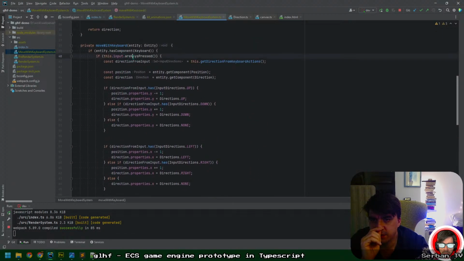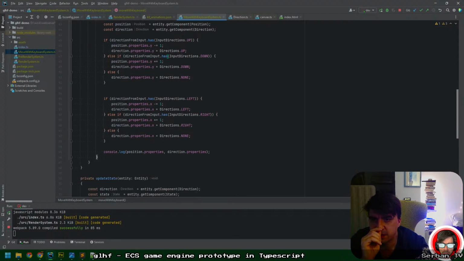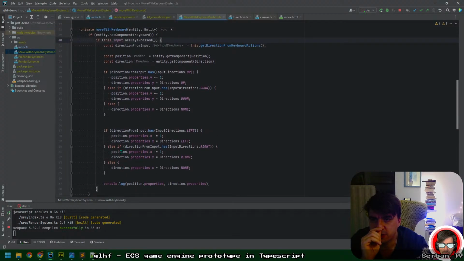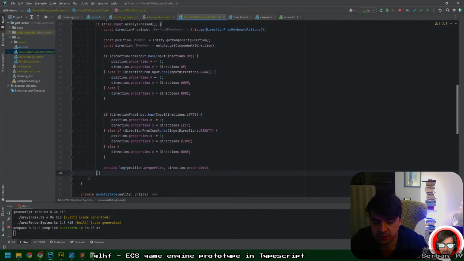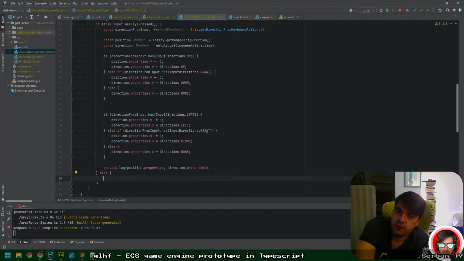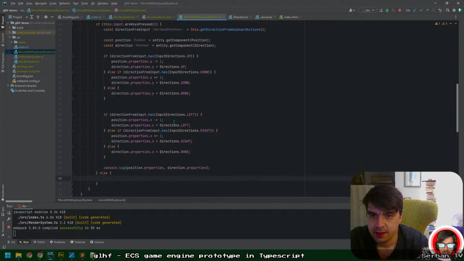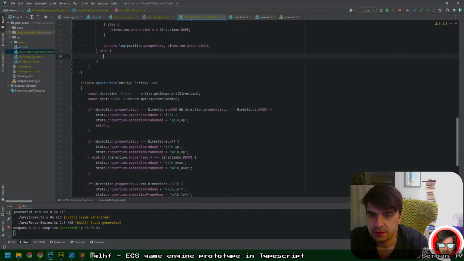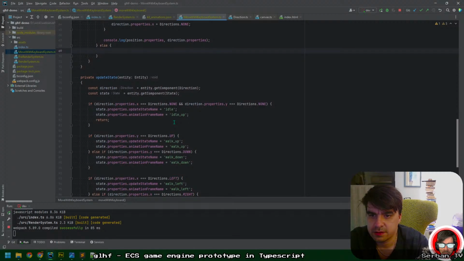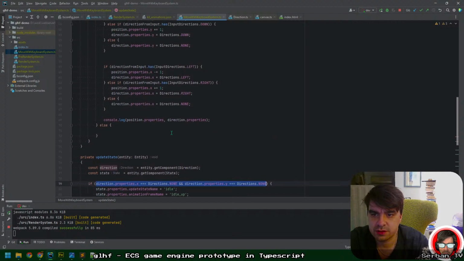Move with keyboards if keyboards are pressed. Oh shit, I forgot to. If keyboards are not pressed,